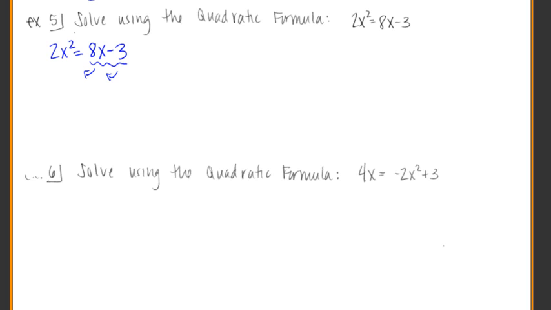Remember, whenever I switch sides, all it does is switch their signs. So 8x now becomes a negative 8x, negative 3 becomes a positive 3, and then equals 0. Okay. So if I wanted to go up there, I'm going to use the quadratic formula, and the quadratic formula